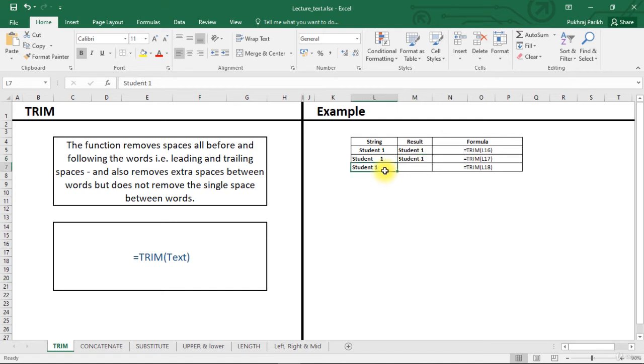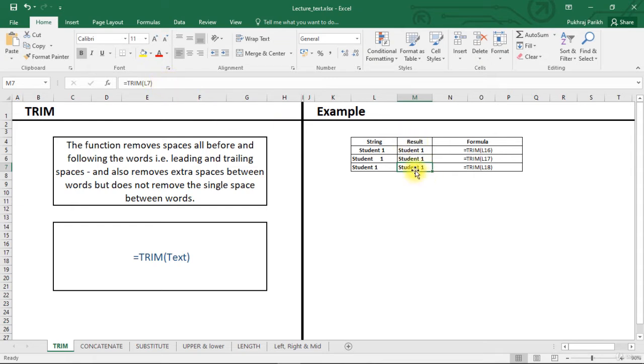Now for the third row, you can see that there are extra spaces at the end of the string. Again, we use trim function. We can simply drag the function from above. And now the extra spaces at the end are removed. However, these cells contain formula instead of the required string.